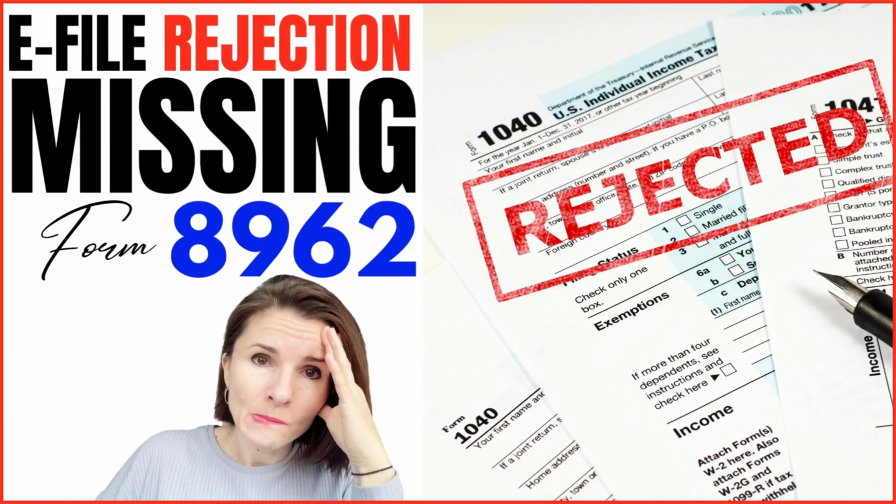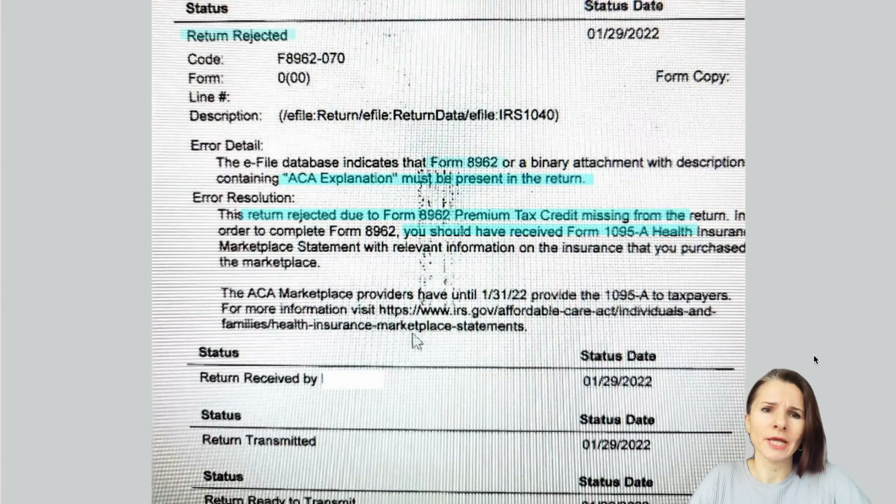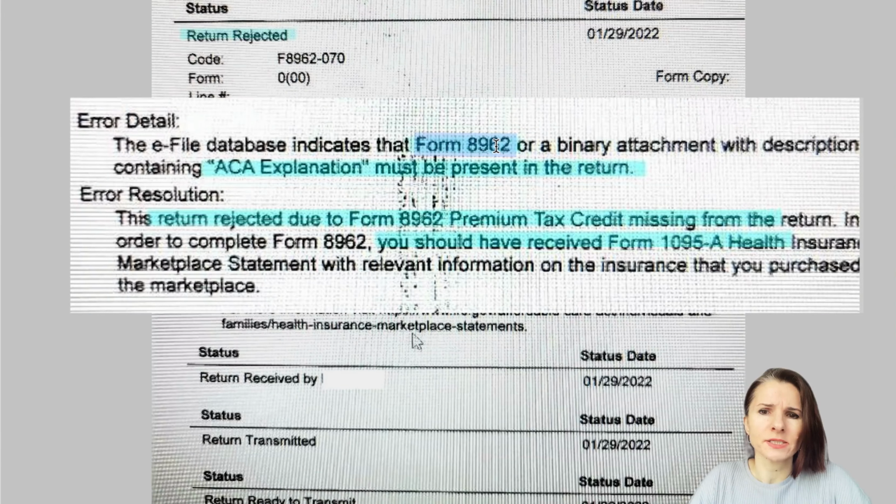Oh no, you just filed your tax return and you got an e-file rejection notice saying Form 8962 ACA explanation must be present in the return. Your return has been rejected due to Form 8962 premium tax credit being missing from the return. You should have received Form 1095-A health insurance marketplace statement, but it has not been included, so your return is